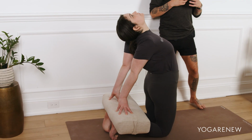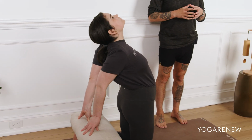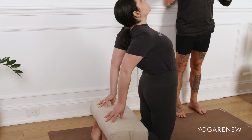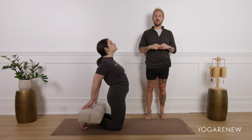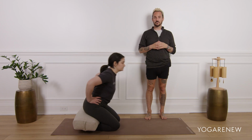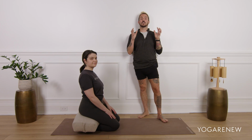The head is really the last piece. So the head going back is a natural extension of the rest of the spine. And just so you know that for yourself, your head will rest where your chest is letting it rest. When she's ready, she'll bring her hands to her hips, come up, and then she can sit back on the bolster. All right, so that was 3 versions of Ustrasana, which is a very active back bend that you'll see